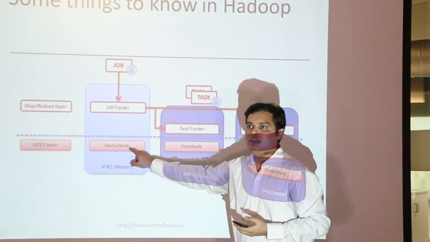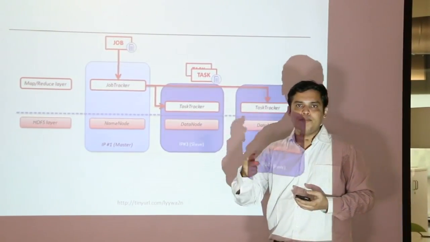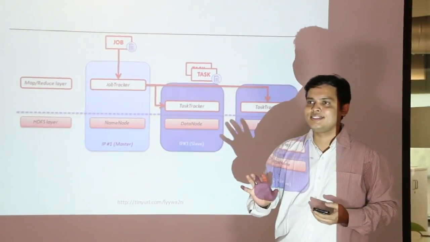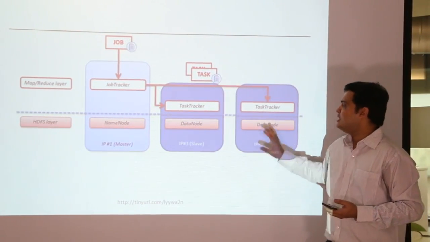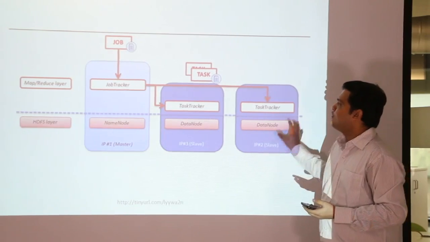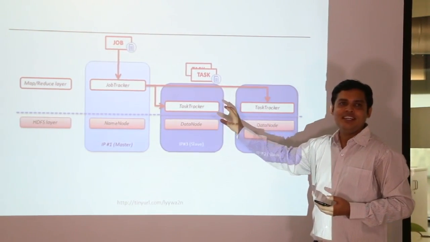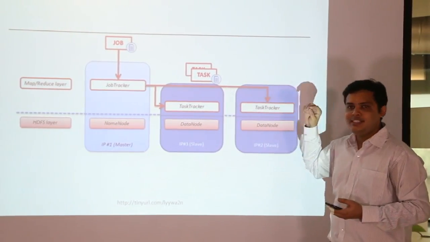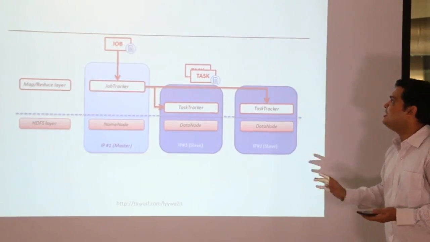These name nodes will make sure that these data nodes are up or not. If it is not up, it will assign some other data node. Okay. So we'll check this thing in a better way. We'll see these things in a better way. Okay. So just memorize these 5 terms. Say that map reduce will have to be done, HDFS will have to be set up. Use these terms. You will surely get an order.